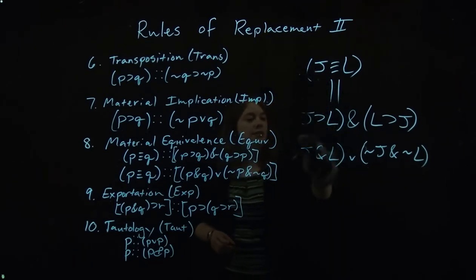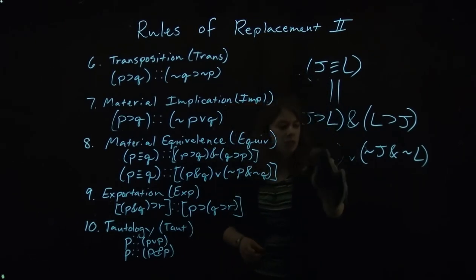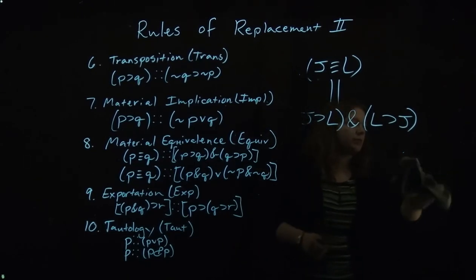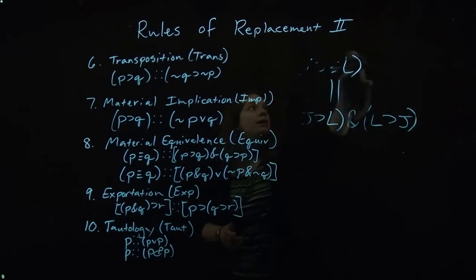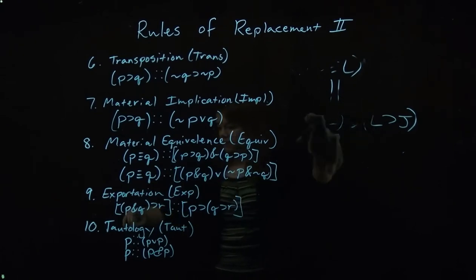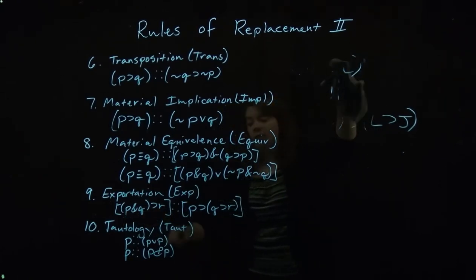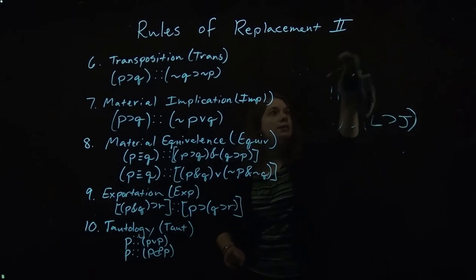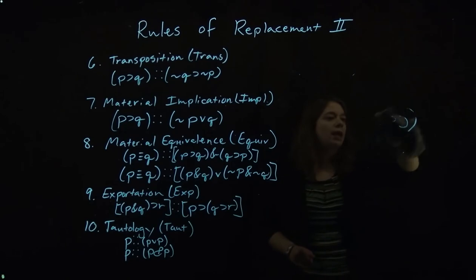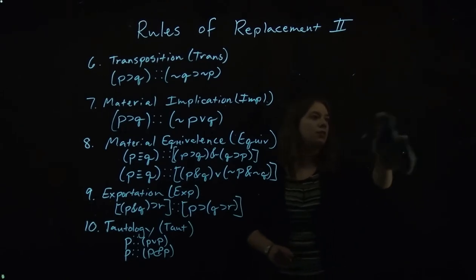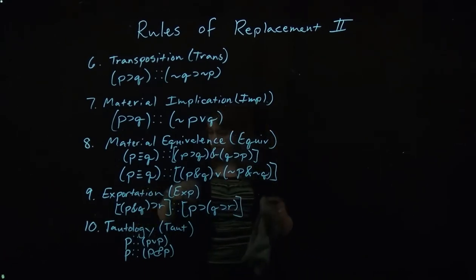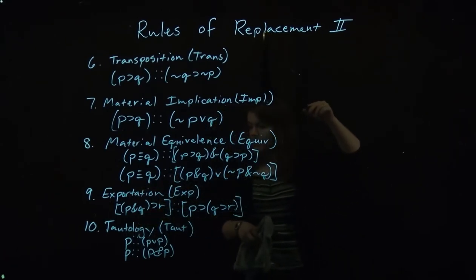Alright, the ninth rule here is exportation. And again, exportation might be one where you just have to sort of memorize the form here, but what's going on here is that it basically states, if you have a conditional statement where the antecedent is a conjunction, then you can replace that conjunction with just two conditional statements. So again, to put the flesh on the bones here, you might say something like,